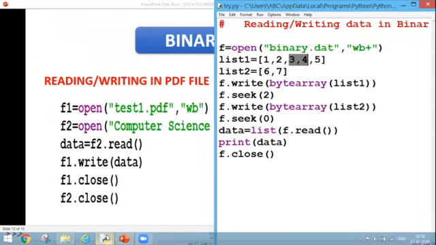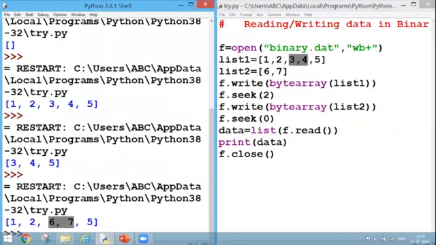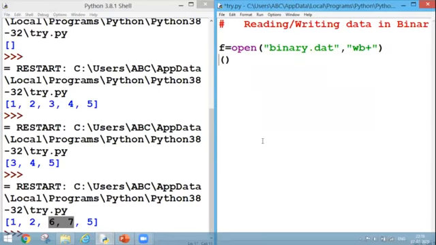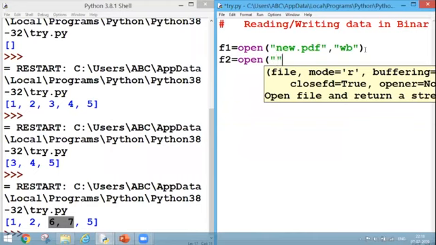So I'm opening the file and I'm closing it. So just wait. My PDF file is, let's say, I want to create new.pdf, right? And I want to create it. I do not want to open it in my read mode also. So I can take the object as F1. F2 is equal to open, and I want to open that file in my read mode.